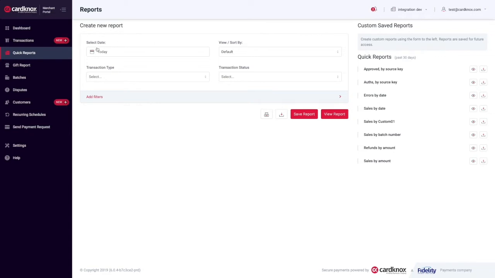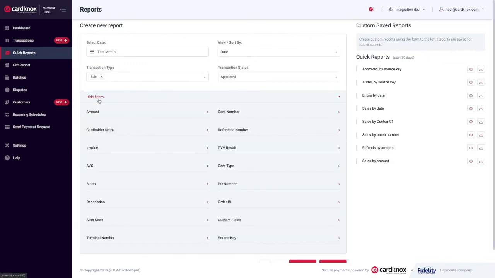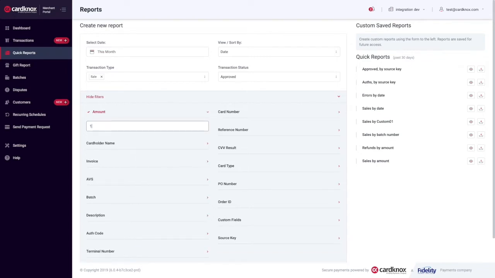On the left, we can select the date range. Let's do this month. If you sort by, let's do date, and by, let's do sale. That's transaction type, and we want to only approve transaction status. Also, there's additional filters. If we click on Add Filters, let's go by amount and enter the amount of $1,200